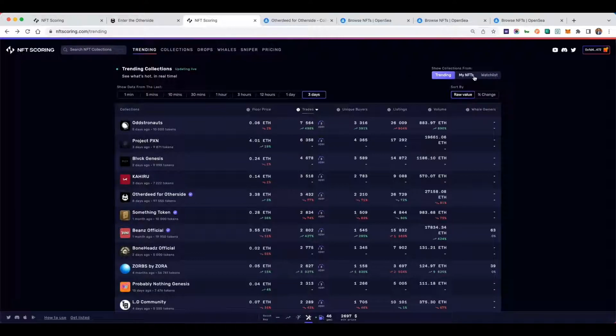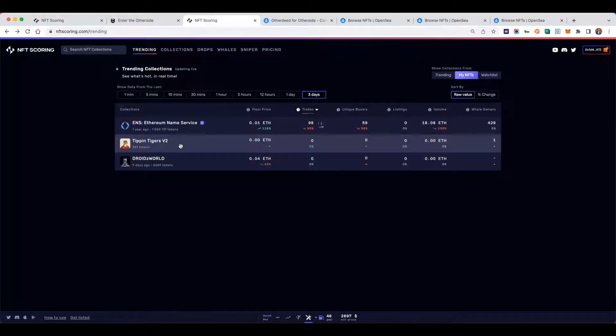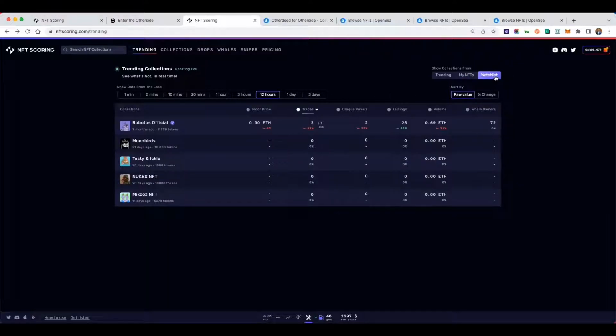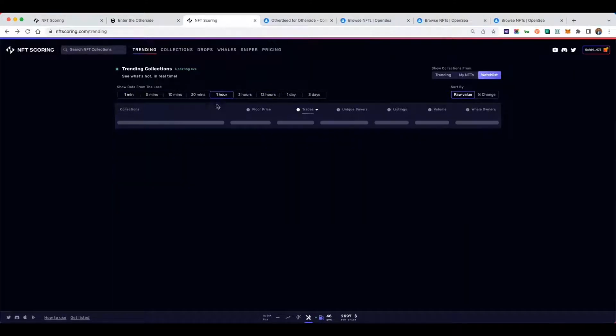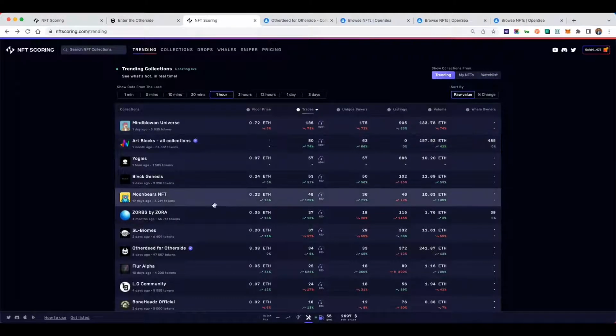The other cool part about TrendingView is the wallet that you connect. You can then also see the NFTs that are within that wallet and how they are trending over time, right? And then you can also see your watch list. So if you added projects to your watch list, you can also see them over time. Is that Alpha Now, right there, that you showed us your watch list?